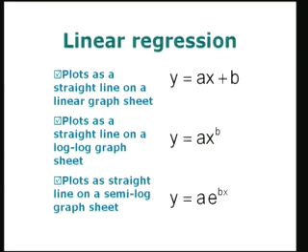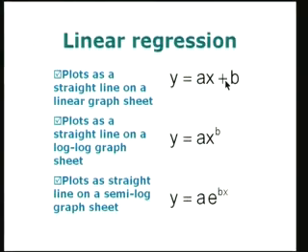So, I have shown two examples. The first example was where there was a linear relationship between y and x. Second one, when there was a linear relationship between logarithm of y and logarithm of x. And in fact, there is a third possibility when you plot it on a semi-log paper. That means you plot x versus log y or y versus log x, then also you may get a straight line. So, these are the three possibilities which exist for linear regression, and they are shown in the next slide. So, in the first case,